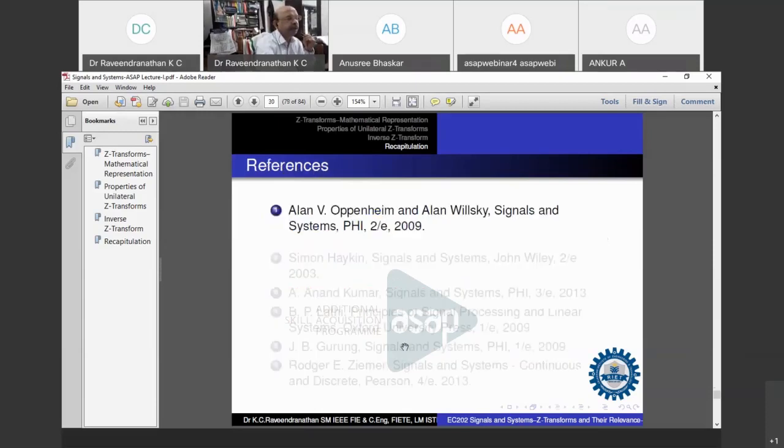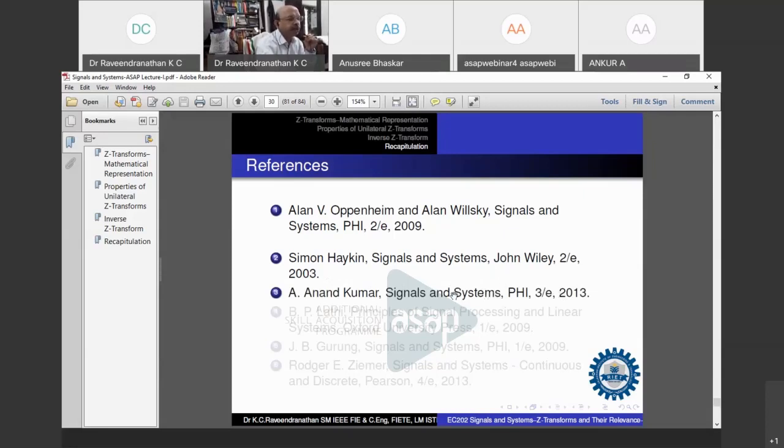So these are the summary, and these are the textbooks which are mentioned in your syllabus. Oppenheim, Signals and Systems, which is considered to be a classic in this topic. Then we have Simon Haykin, Signals and Systems, Anand Kumar. The third book contains a lot of worked out examples, so it will be helpful when you try to solve the problems. This is a highly math intensive course. Probably this book will help you to solve almost all the problems that can arise in the exam.